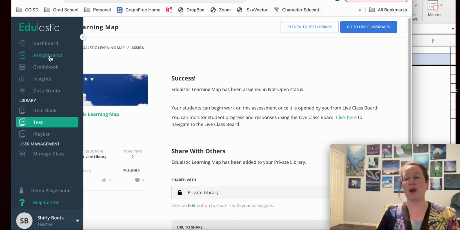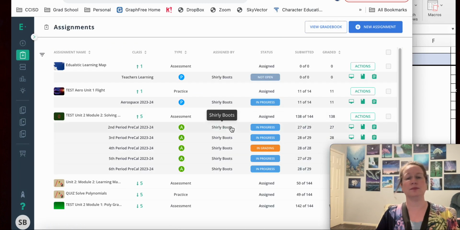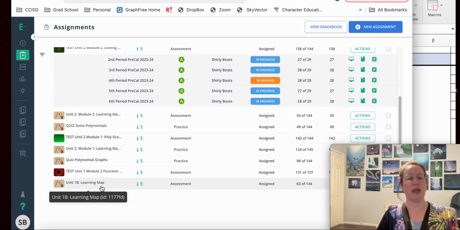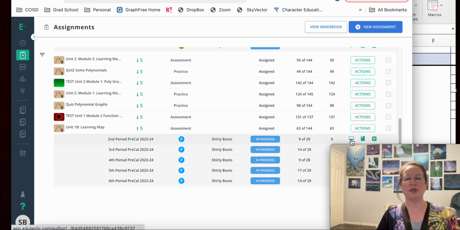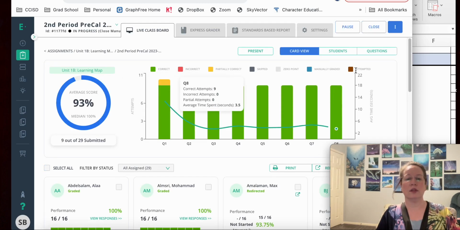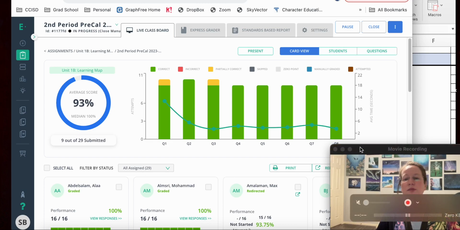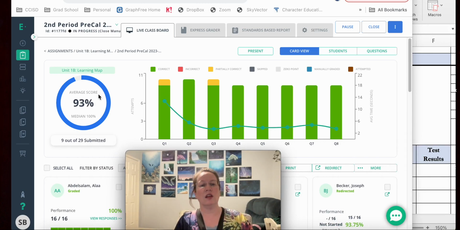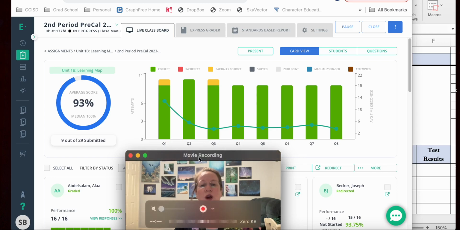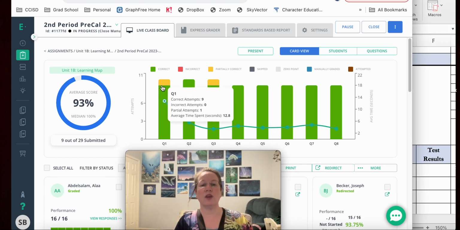So let me just show you what this looks like on the teacher side after the student has taken it. So I'm going to pick some random learning map here. And I'm going to pick a random class. And here's some students in my random class, and you can see 93% confidence level for the students in this particular class on the learning map, and you can see where our trouble spots were, question 1 and question 3. So I could then go in and click on that question,